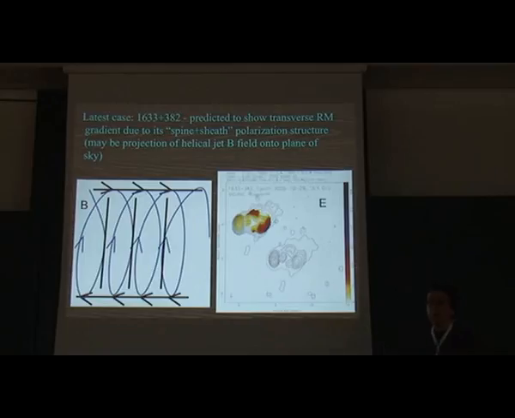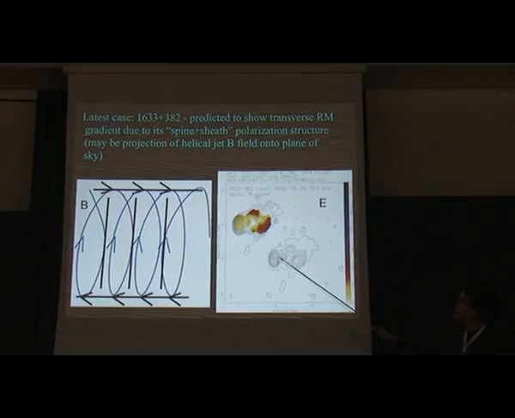It's 1633+382, which was put together in a sample of sources that we predicted should show these transverse rotation measure gradients because they have a so-called spine-sheath polarization structure. This is showing you what we mean by this. If you look out in the jet, you've got this region near the middle of the jet ridgeline